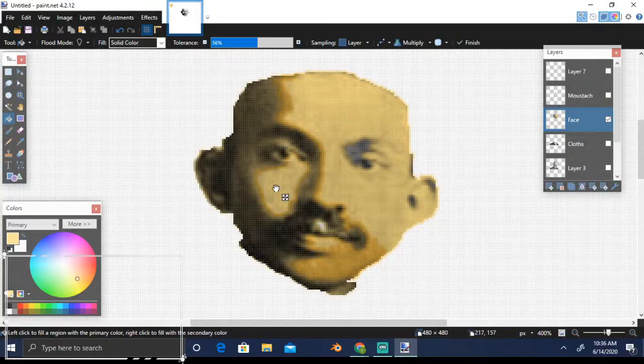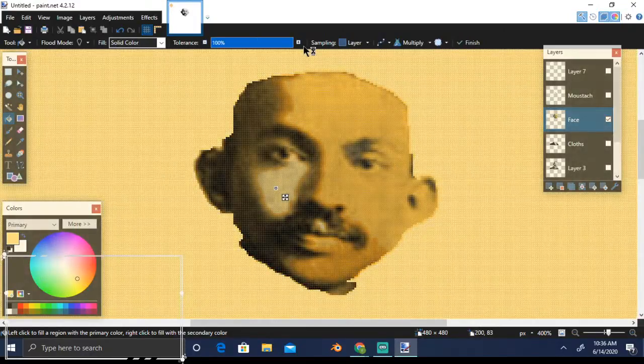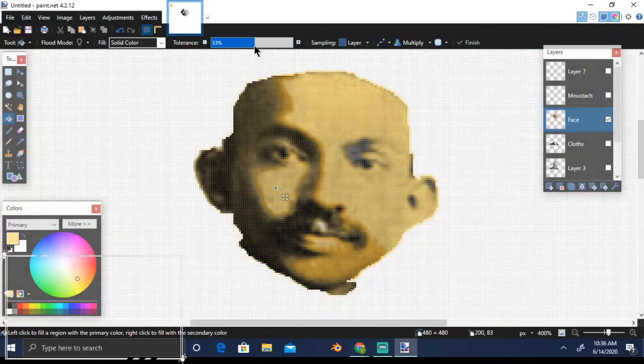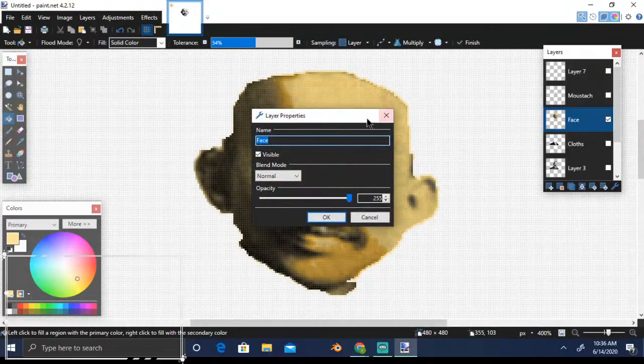Okay, so now it has come with the option. It does not look very natural, right?